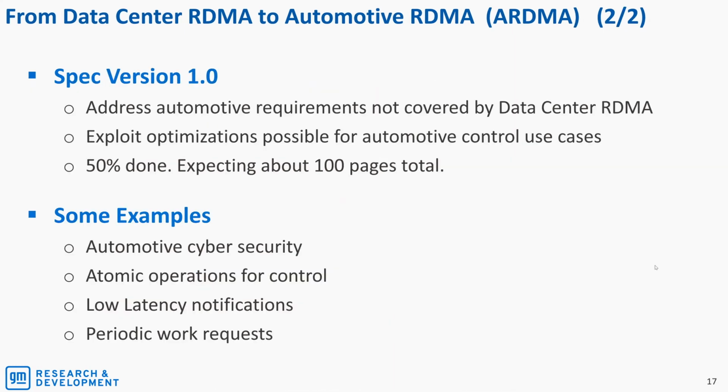Now, version 1.0 is targeted to address automotive requirements that are not covered by data center RDMA. So what we're doing here is we're addressing those requirements, and we're also exploiting some optimizations that are possible for automotive control use cases that are not applicable to data centers. So some optimizations in ARDMA. We're about 50% done with writing this specification, and we expect it will be about 100 pages, maybe 110 pages